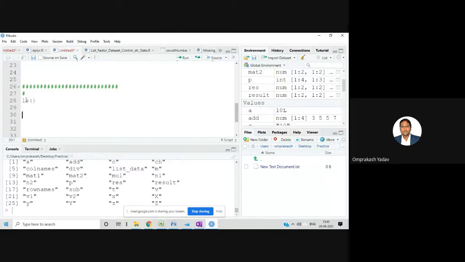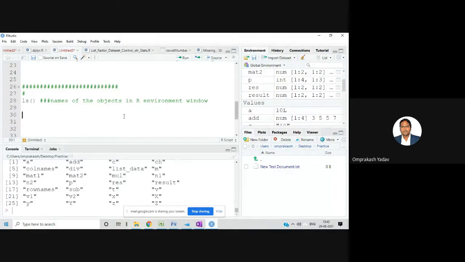So the ls function gives the names of the objects in your R environment window. So I'll just write the comment: names of the objects which are present in the R environment window.